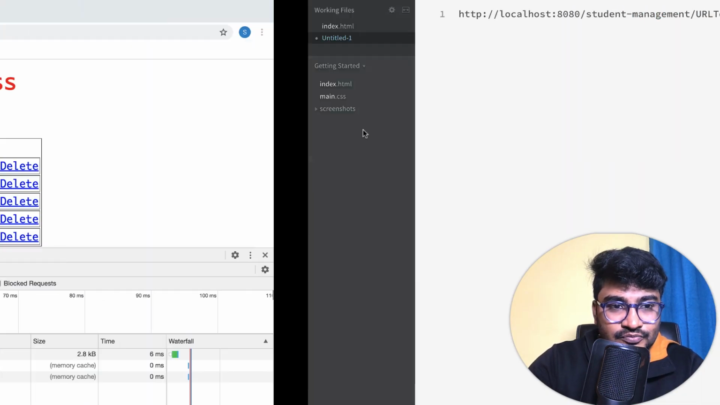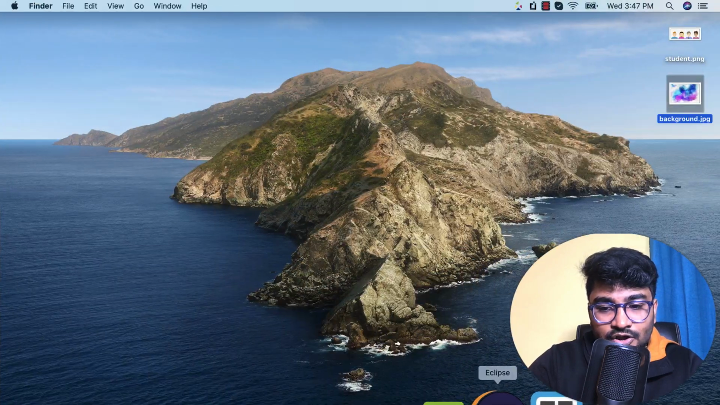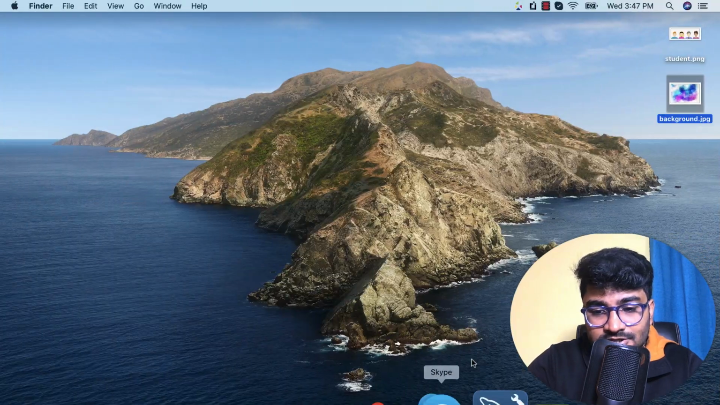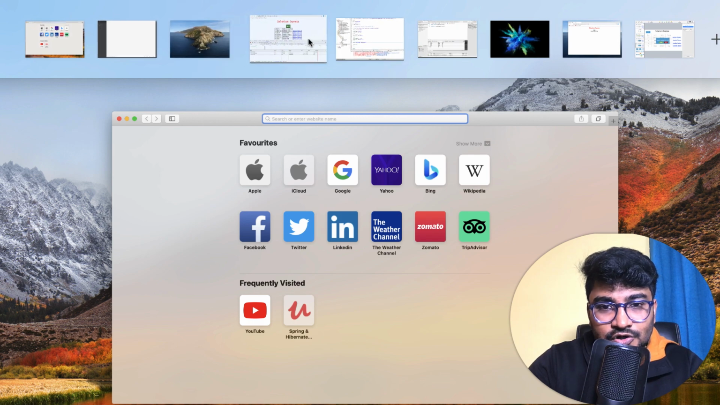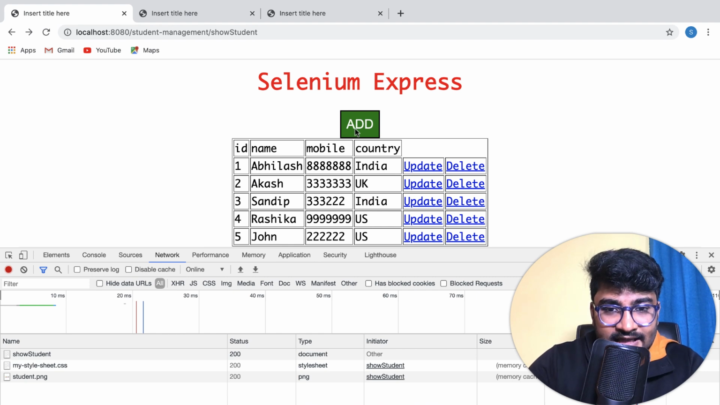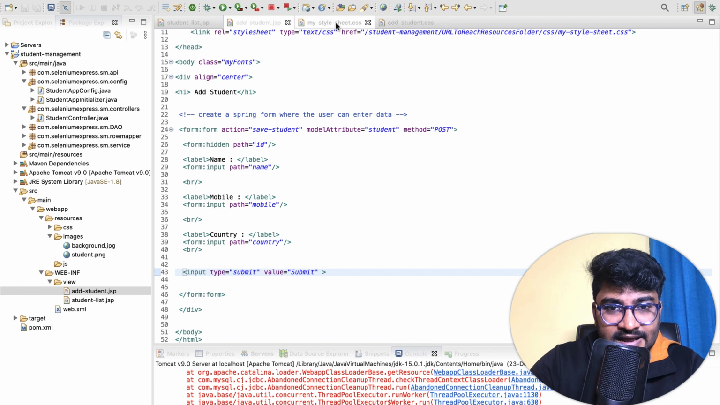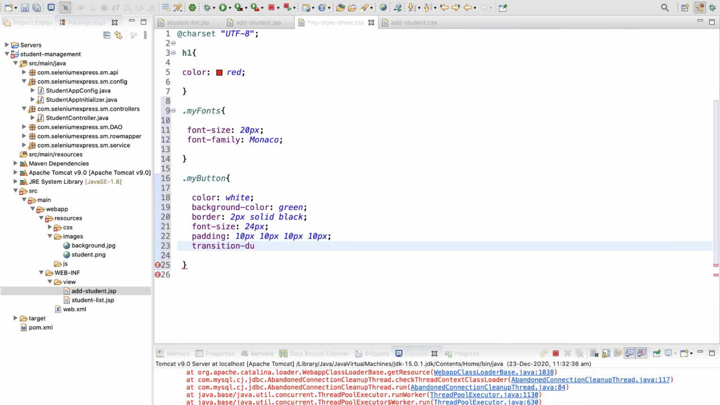Let me go back to my Eclipse. And where is my web page? My web page is here. Let me drag it near to my Eclipse, just right here. So right now, let's say I want to give a transition effect. So I will go back to my CSS file, and maybe I can write transition duration, and let me say the duration is going to be 0.5